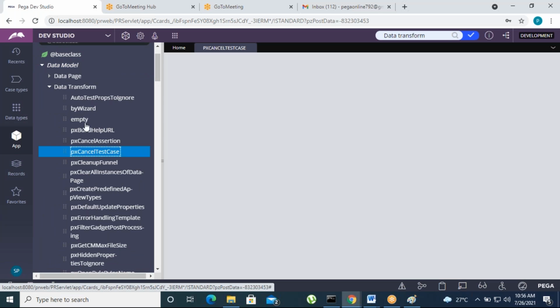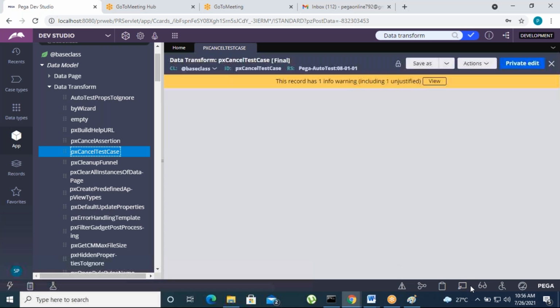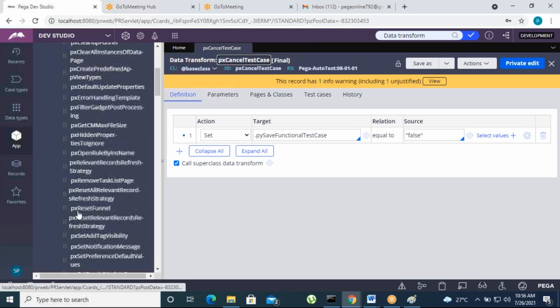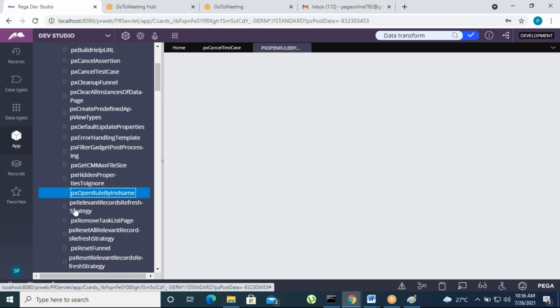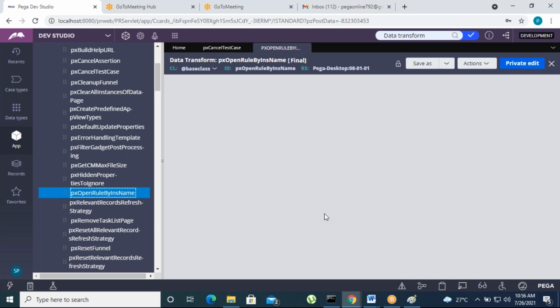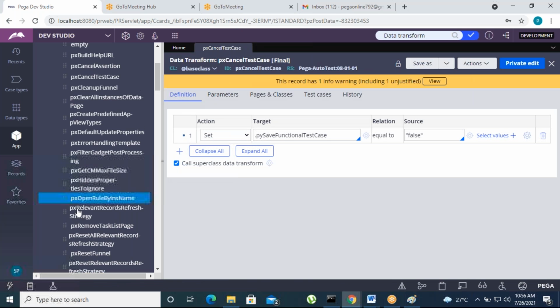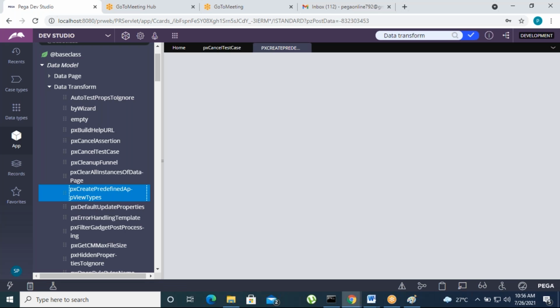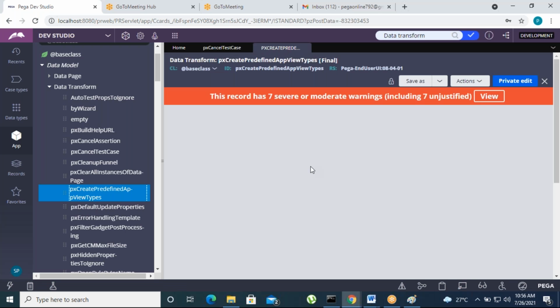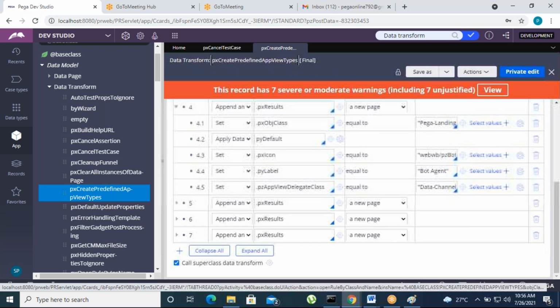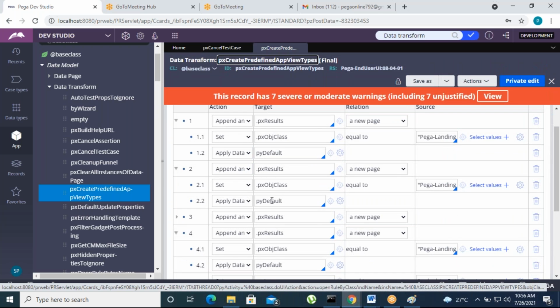These are all data transforms only, predefined or out-of-the-box data transforms. We can go to some more actions. Okay, so many steps, many actions, are added here.